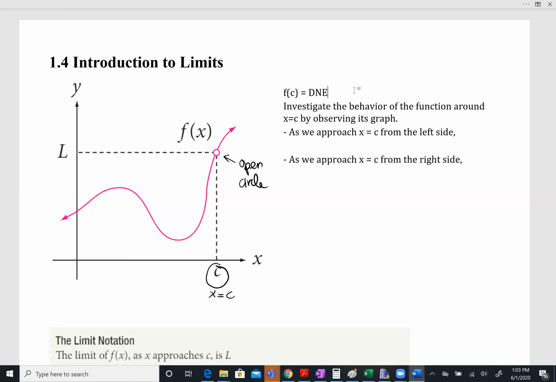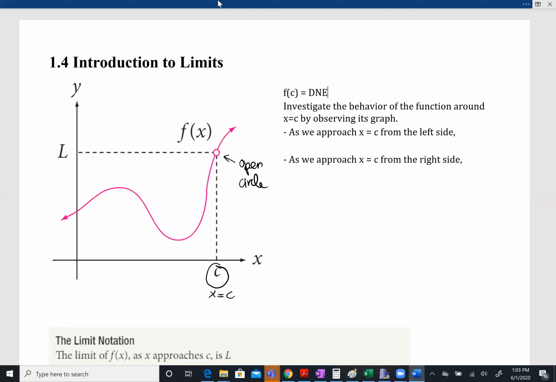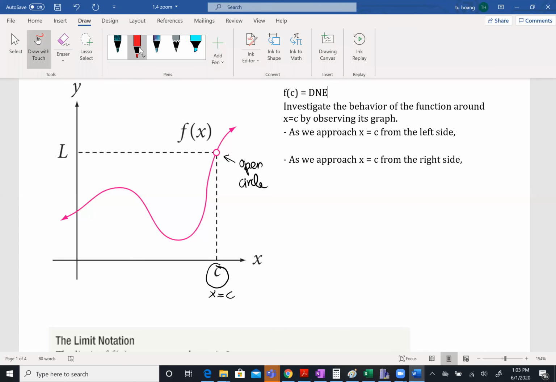I don't want to talk about the specific value of f(x) when x equal to c, but I will investigate the behavior of the function around x equal to c. I want to observe the graph. Okay, so you see that. Let me change the color. You see that